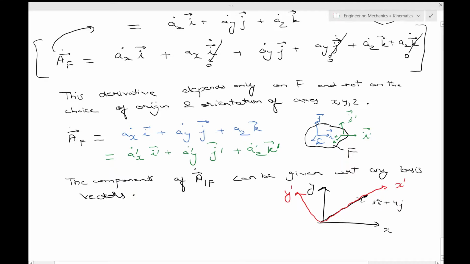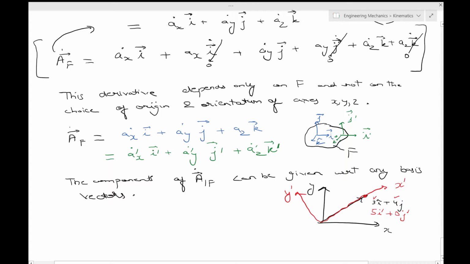In this space, this point will read out as 5i' plus 0j'. So the same vector can be written in the black basis vectors, and its components would be 3 and 4. If it's written in the red basis vectors, then the components of the same vector will now be 5